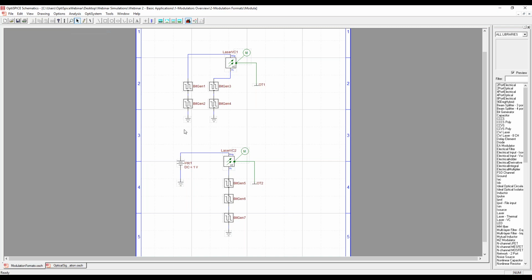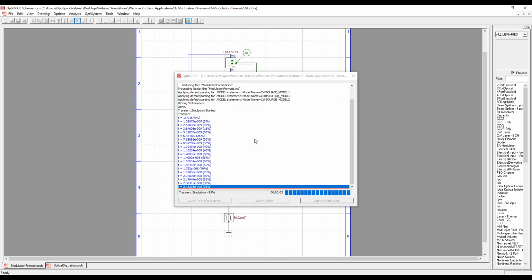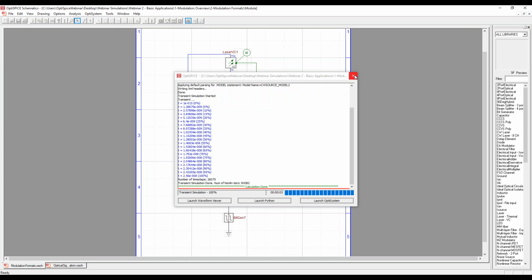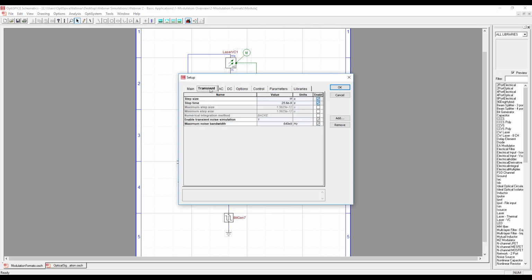Let's run the simulation first. Now, there are a few important details when you're using OptiSystem and OptiSPICE together. One of them is the transient simulation time. OptiSystem and OptiSPICE need to have the same transient simulation time. And if you're loading results from OptiSPICE into OptiSystem, it is also important to make sure that the sampling rate